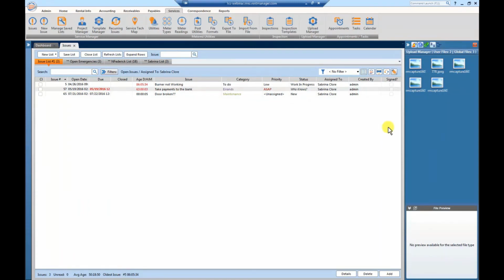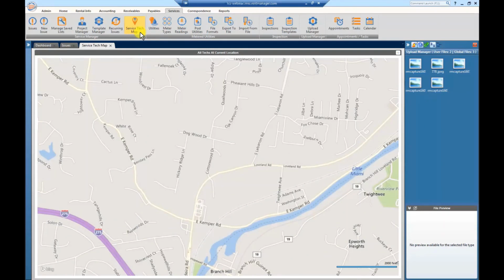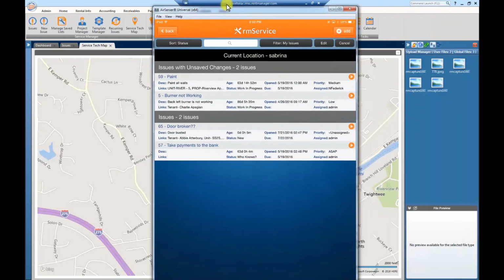Now, something else that's actually really cool under services is the service tech map. And if I click on this, I don't see any dots and things like that right now because I actually haven't checked in while I've been working on my issue. But let's say that I go back, I've got the door with me, and now I'm ready to do the repair and I have to check in, check out of the issue. What you can do in the app